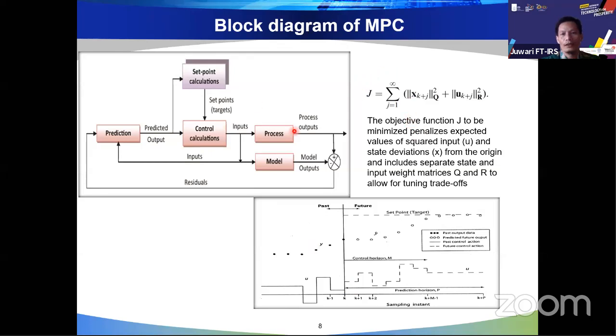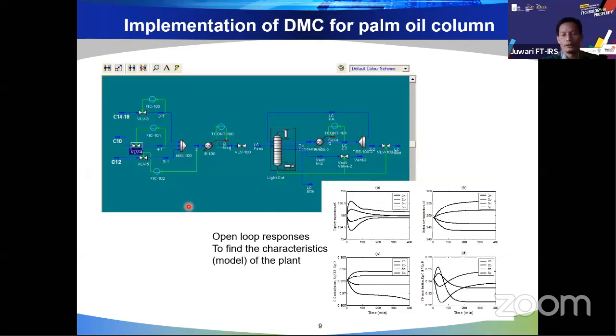So the optimization objective function J to be minimized penalizes the expected value of the input u and the state deviation x from the origin, and also the input weight matrices Q and R might depend on the tuning or the number of manipulated or control variables. I will not talk more about the mathematics. I just talk about the implementation of DMC or IMC in